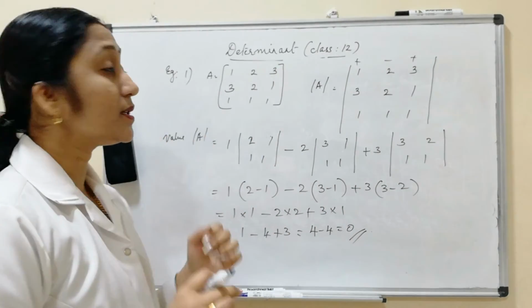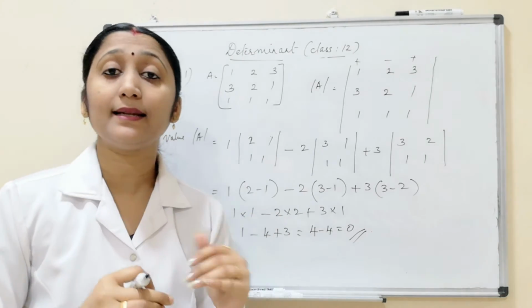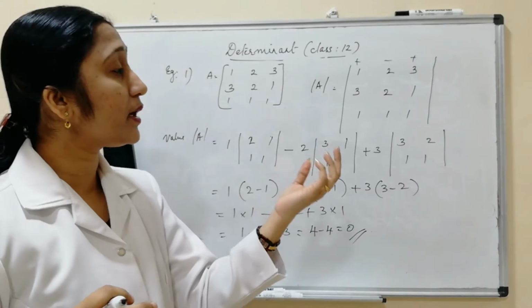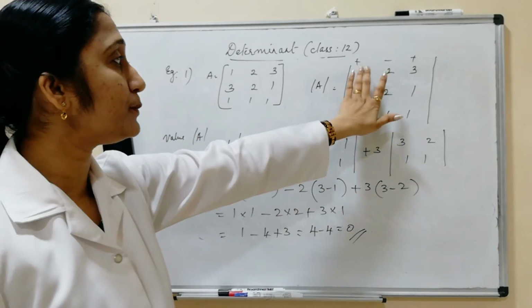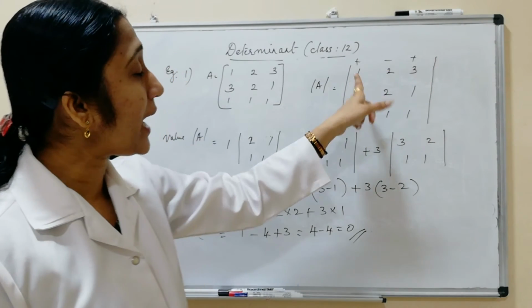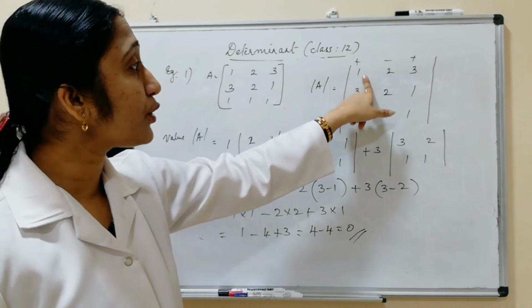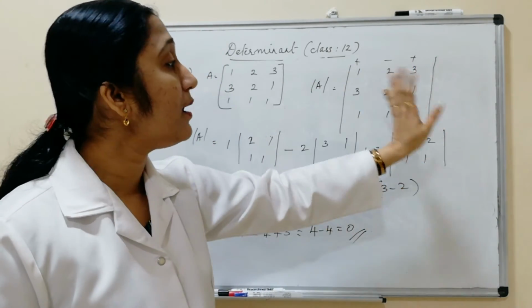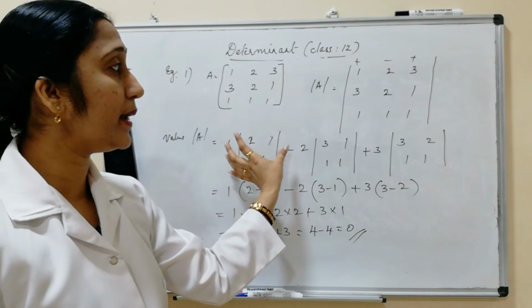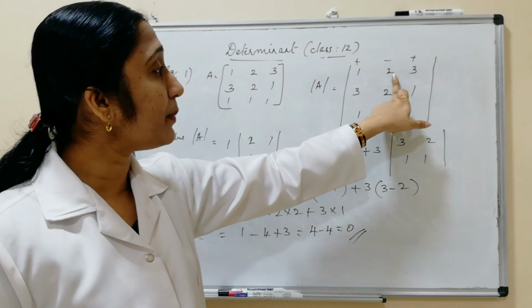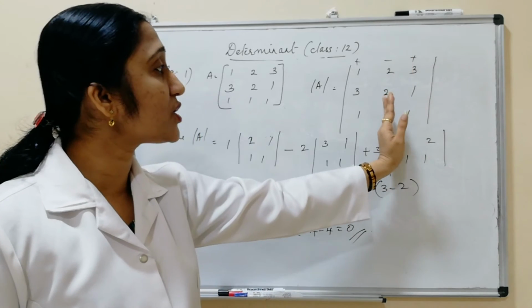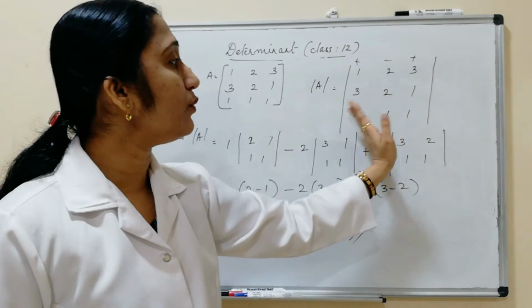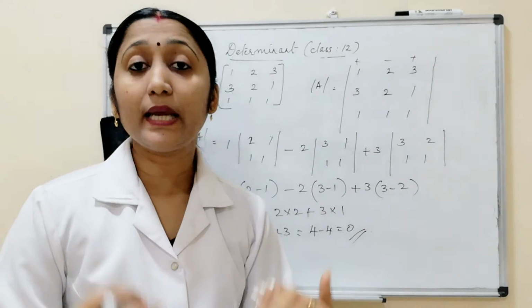So this is a very simple concept to find the value of a determinant. If an order 3 matrix is given, first of all you have to put plus minus plus, then you take the first element, which consists of the first row and first column, which you have to remove, and the remaining elements are in the determinant. Similar process for the second element, minus, which consists of the second column and the first row, you have to remove that, then 3 1 and 1 1. Similar way. It is very easy and simple.